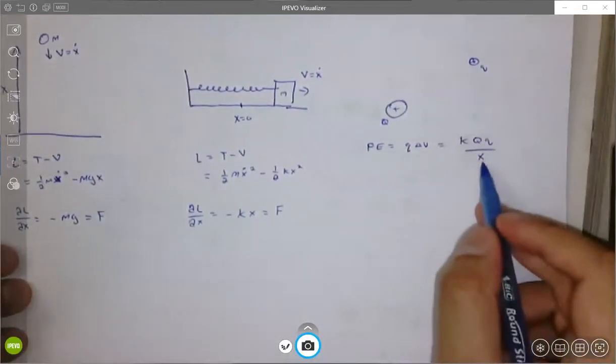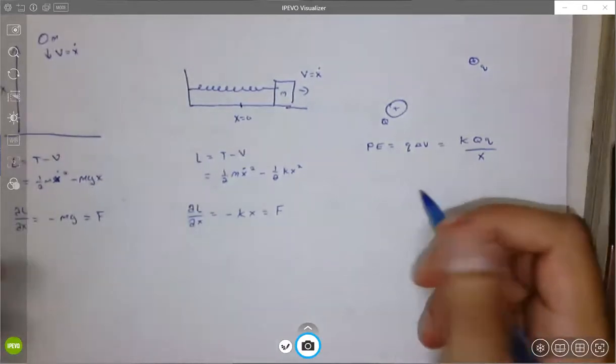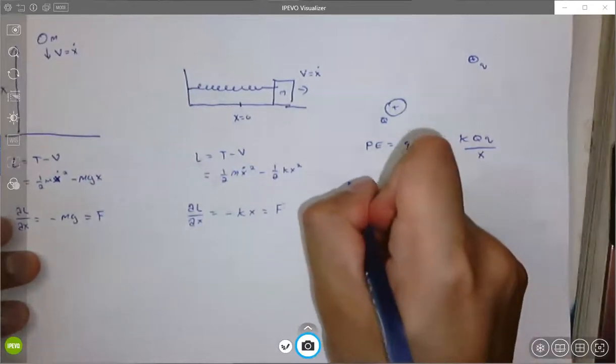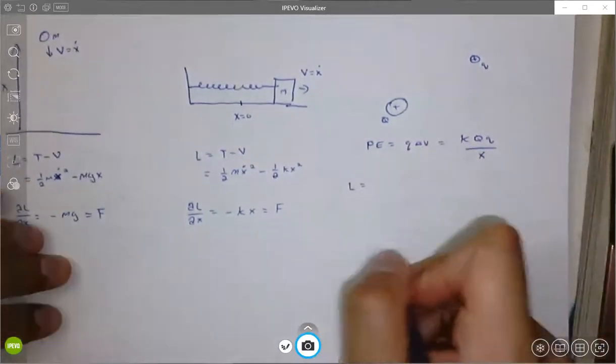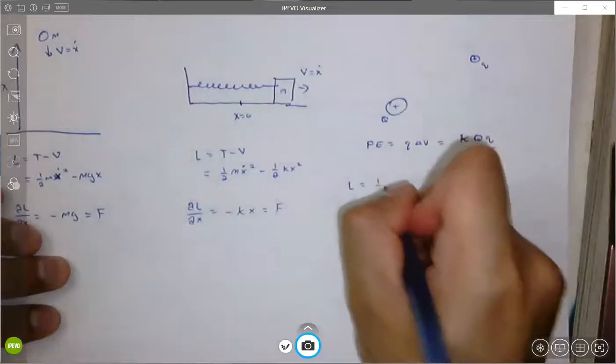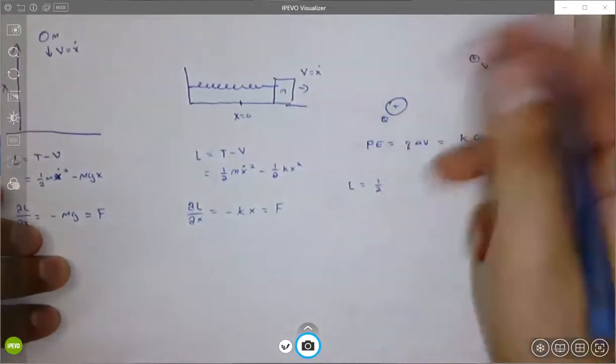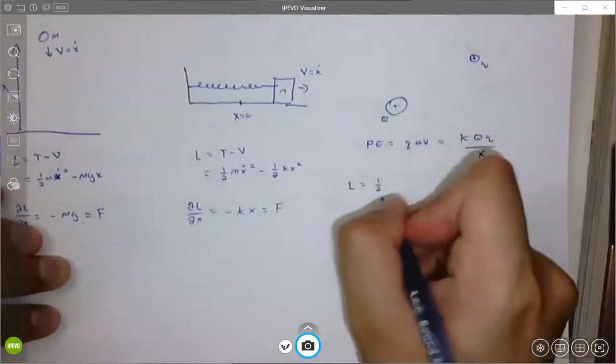Normally we say r, but x is the generalized coordinate here. So if we write down our Lagrangian, the Lagrangian is going to be 1/2 the mass of whichever object we're interested in. So it'll be m